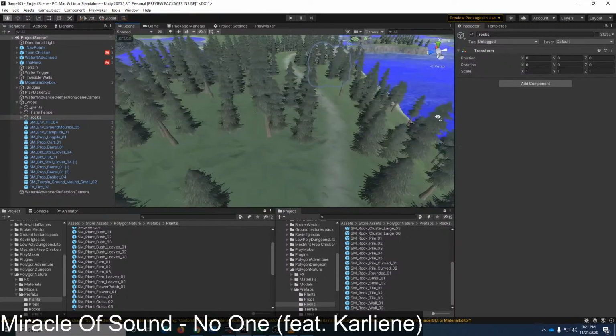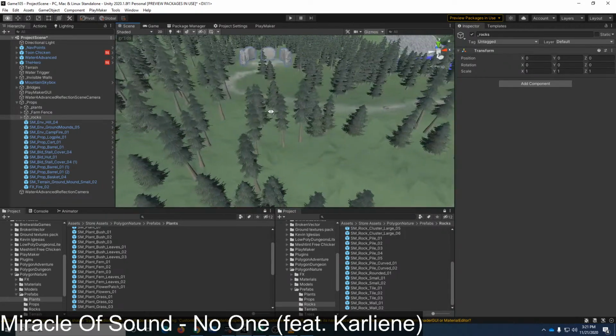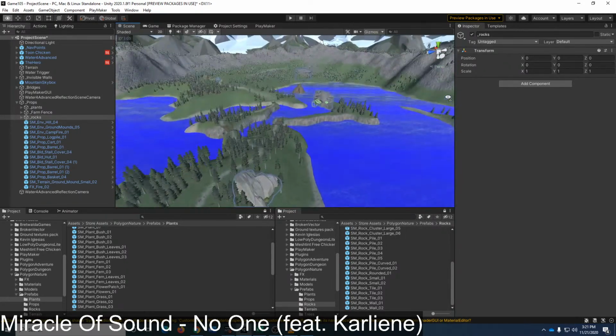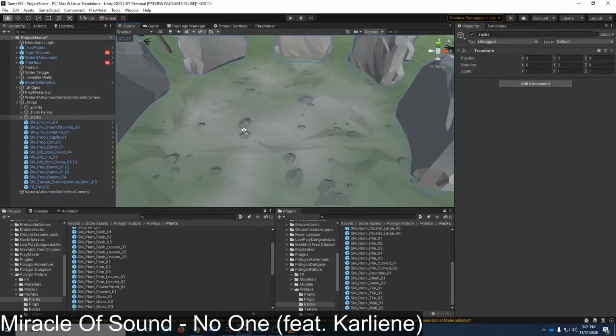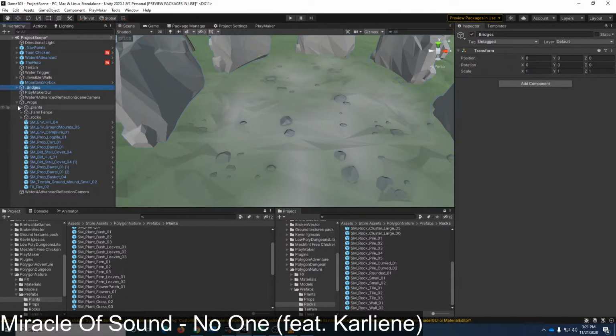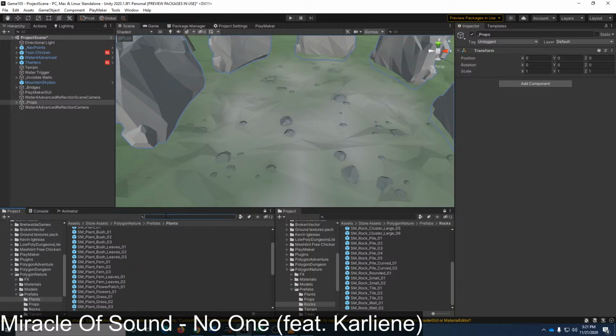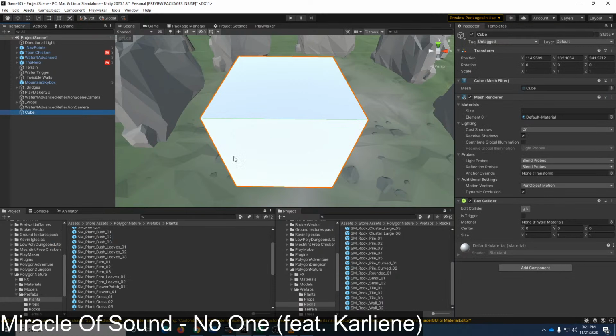And now I want to focus on functionality. Like I said, I am going to have... Now, let me just grab the basic chicken prefab here and just put them down as place. All right, you know what? Let's just grab cubes.